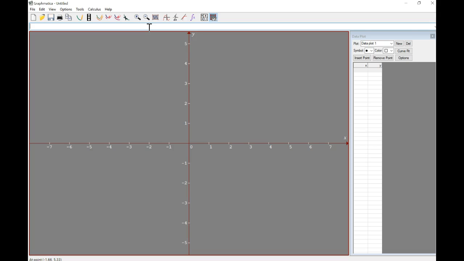So the first one I'm going to graph is y equals 2 divided by x squared minus 4. So I typed my function right on up here. So if I graph this,